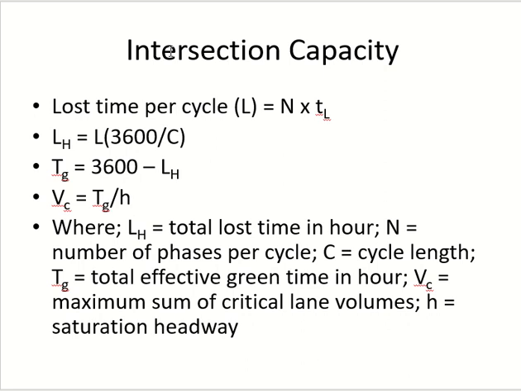Total time divided by the headway of one vehicle will give me the number of vehicles. Clear? If headway is minimum, then the volume is maximum, right? They are inverse. If I put the minimum headway, which is the saturation headway, I will get the maximum volume. So this equation, VC equals Tg by H, is the equation of capacity for the